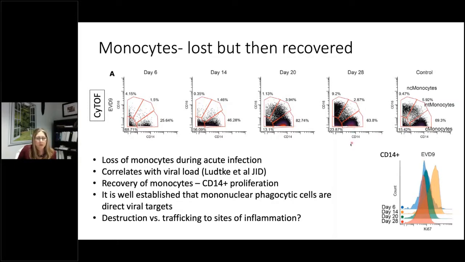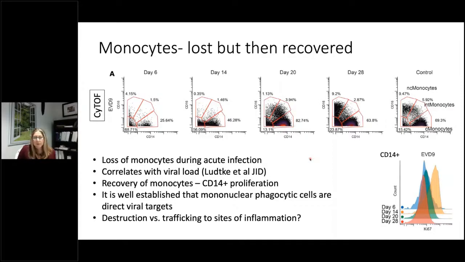the different monocyte populations. What was really fascinating was because we had some intracellular markers included in these panels in the bottom right, we were able to show that the monocytes at day 14 that were CD14, the ones that show up here, they're actually proliferating. They're actively proliferating because they're Ki67 positive. So the idea is that this population comes in to basically reproduce all of the cells that were lost over